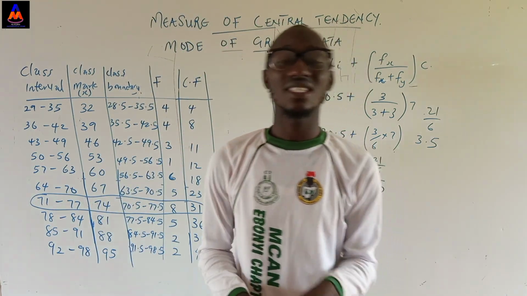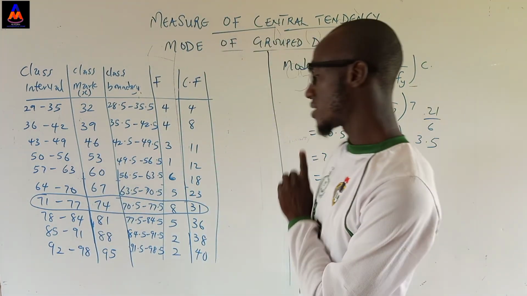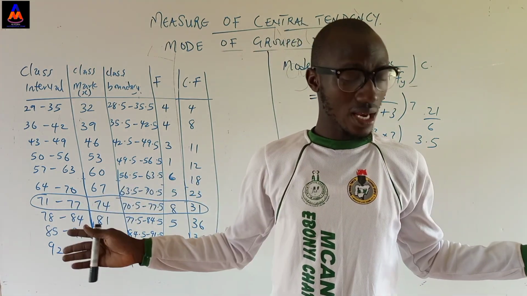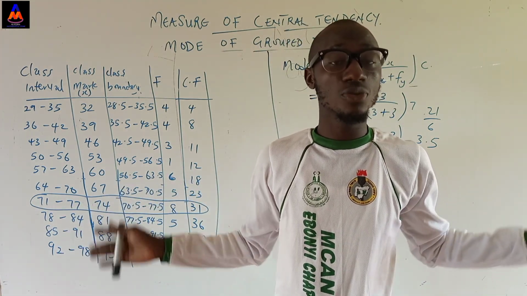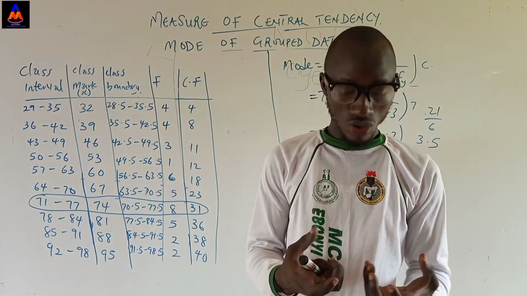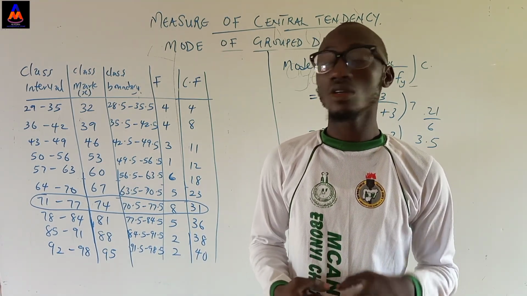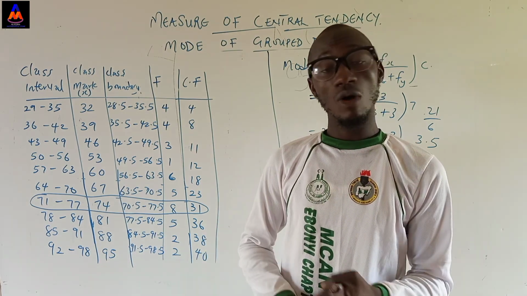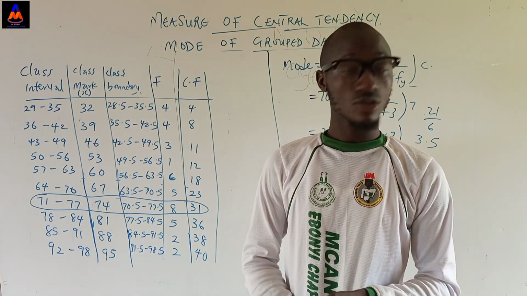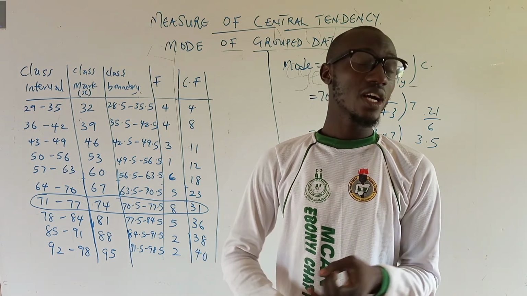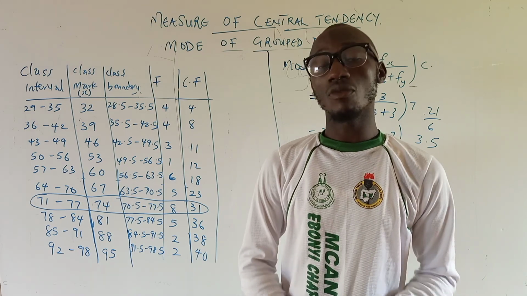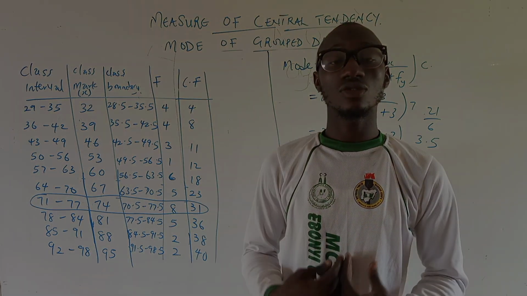The data with the highest frequency is actually 74, but it's found within this class interval. And I think those are the basic computational techniques that we can use to induce some information from our group data. We have dealt with the mean of group data. We actually use different methods to calculate our mean. We dealt with the median of group data, and we concluded with the mode of group data. We still have some other techniques to deal with.